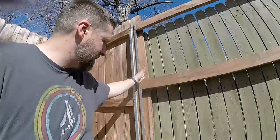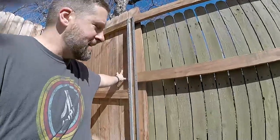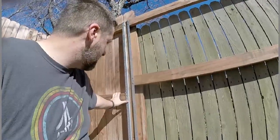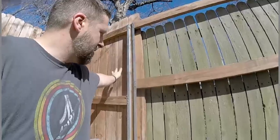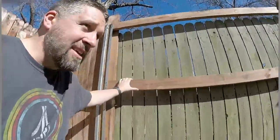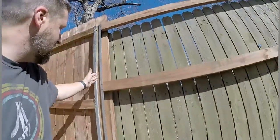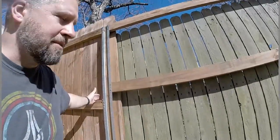Their fence ends right here at this post. So for my aesthetics, and I also didn't want to create a ladder for potential thieves trying to climb over the fence, on this section out here my planks are on the outside. So I'm going to start at the other end of the fence in the corner, so I can just run off. If I need to, I can run off and cover up over into this other section of fence